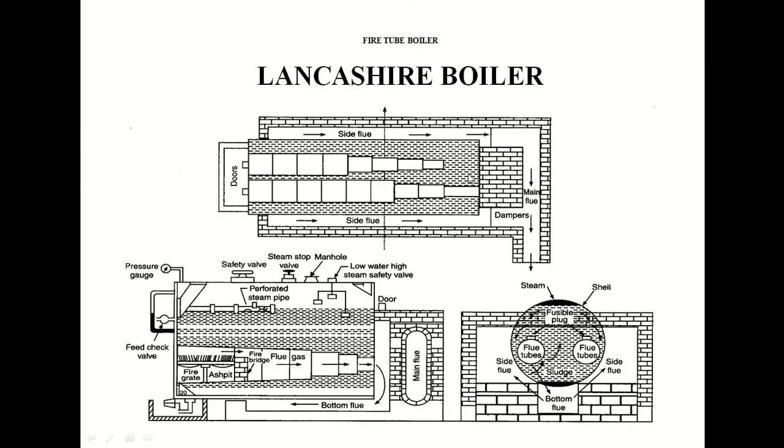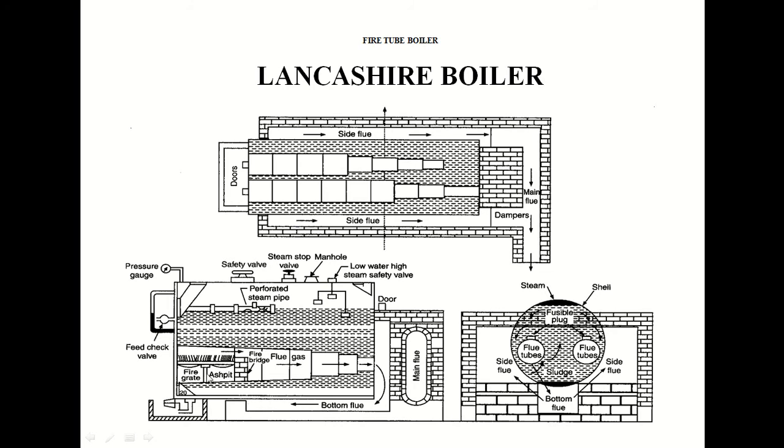Now the next type of fire tube boiler is the Lancashire boiler. This picture indicates the top view. These are the side views. This tube indicates the furnace, and through that the fuel will be burned, and thermal energy will be generated, and due to this the flue gases will flow, and the surrounding drum indicates the water of these tubes.